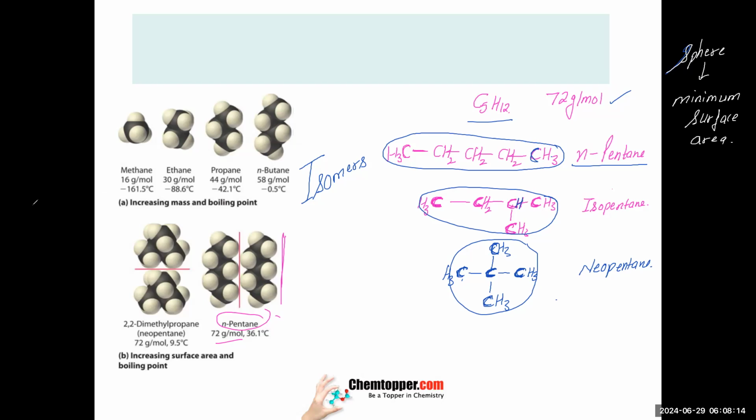So can I compare their boiling points? Because molar mass is same, don't compare molar masses, compare their branching. More branching, more it becomes spherical. More spherical, less surface area. So who has the highest boiling point here? Highest and the lowest. And the lowest is,